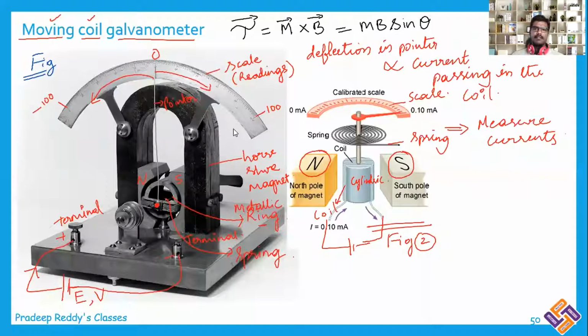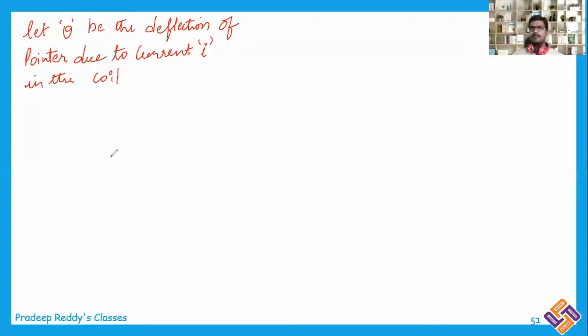Now let us discuss some equations based on working of moving coil galvanometer. As we already have learned, based on how much amount of current is passing in the circuit, there will be deflection shown in the galvanometer. I am considering that deflection shown is theta, for which current passing is I. Right? Now there will be torque acting on the coil. Now let us write down equation for torque acting on the coil.